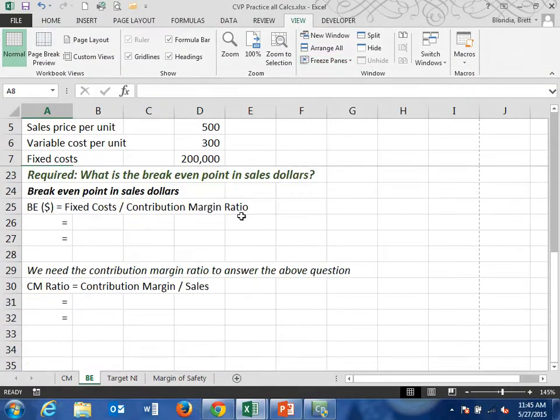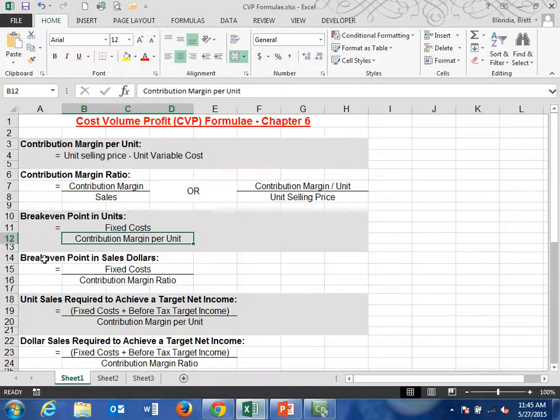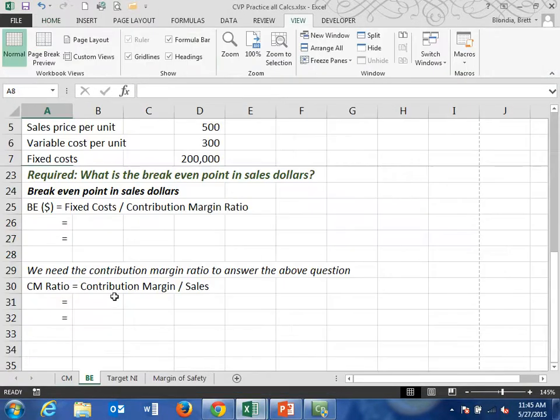Okay. So now let's take a look at this and let's pretend that the question said, hey, what's the break-even point in sales dollars? Well, if you go to your formula sheet, the break-even point in sales dollars is your fixed costs divided by your contribution margin ratio. Okay? So we're just going to fill that in. Again, I recommend writing it out